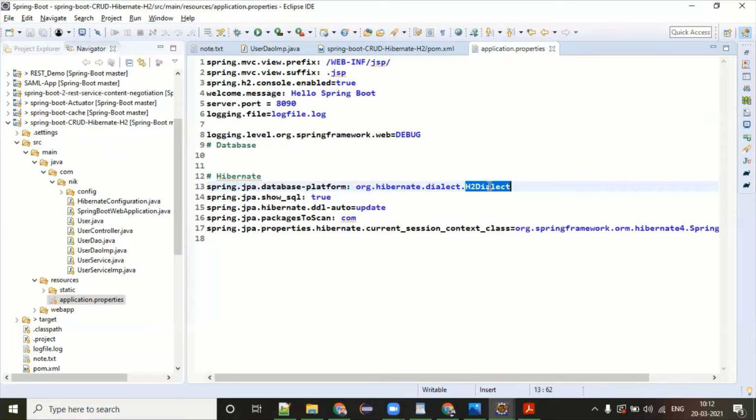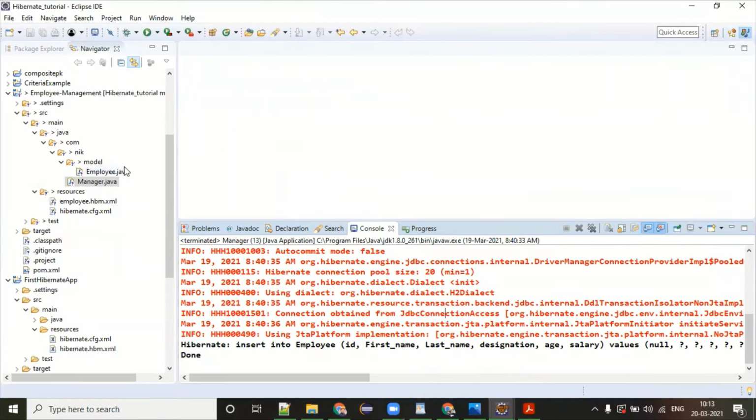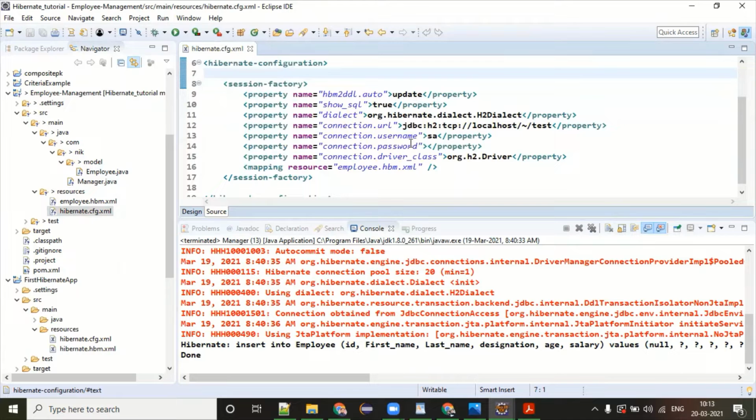Okay, so now, as you know, the Spring guys are very smart. Whenever they find that a particular framework or library is going to get popular, they always include it in their repository. So now if you're using the Spring framework, there is no need to go standalone using the Hibernate configuration. If I show you a very simple Hibernate application, it should be something like this. For example, here I have an employee management project. There is one configuration file you have to maintain, which holds the complete details about your Hibernate and the JDBC, because internally Hibernate is also using JDBC.